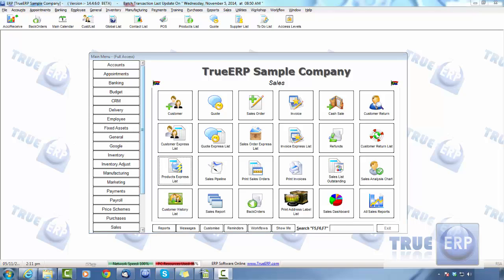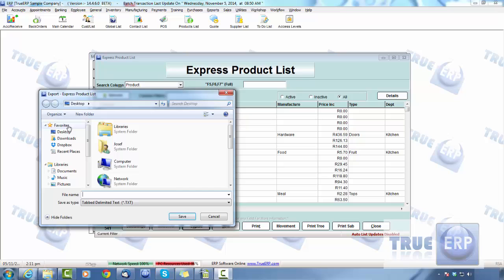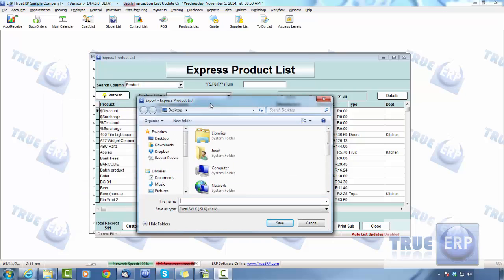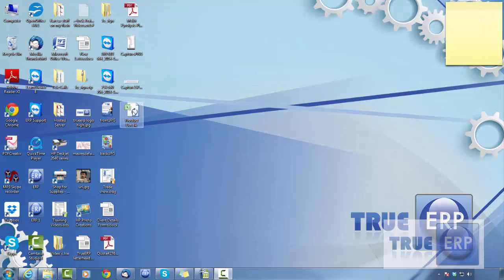Within the product list, you can also do exports or any sort of list throughout True ERP. If you want to export this information, simply hit export. Export it as CSV or SLK. I prefer to use an SLK, and we'll say product list. Hit save. What we can now do, if we minimize this and we go into that product list,